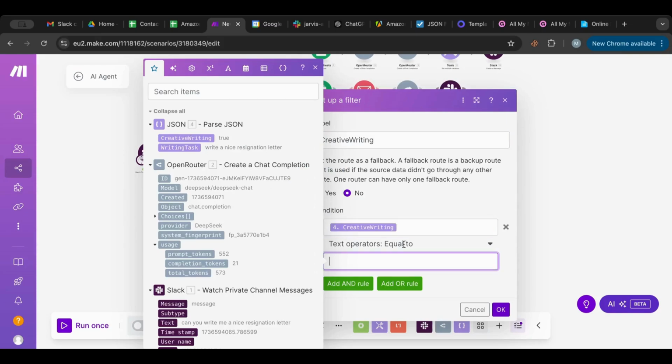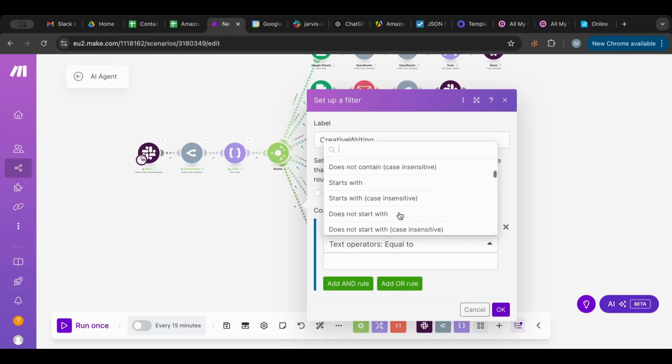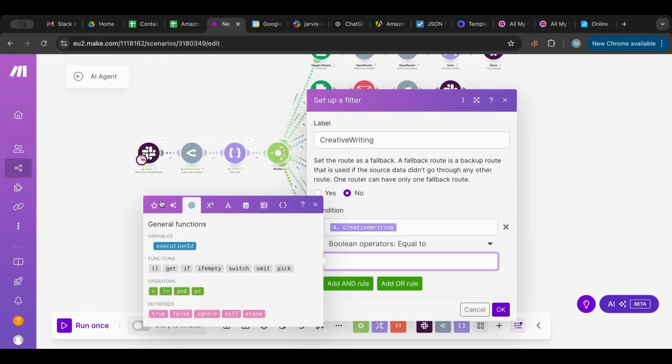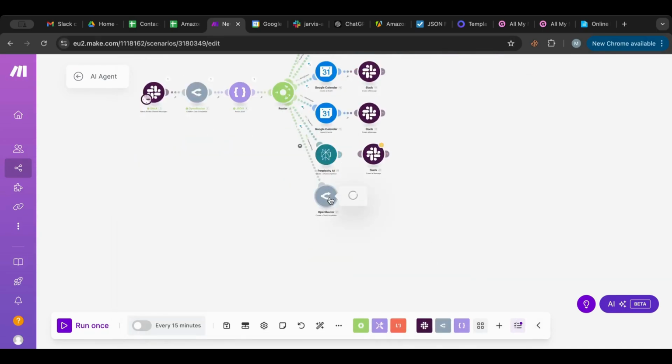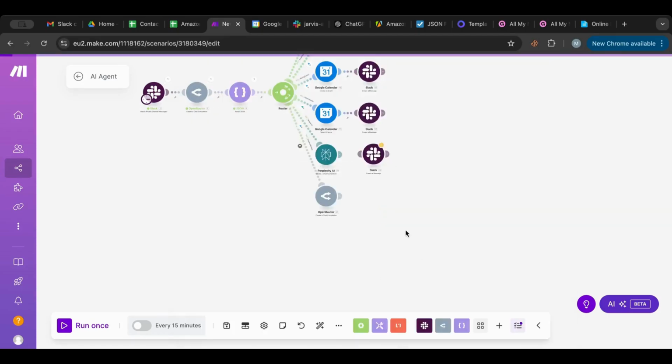Okay, it is a boolean as always. Let me search for boolean. I didn't find it. Okay, equal to true. If it is equal to true, then take this path, and the query would be this one, and I'm going to duplicate this, and the answer would be